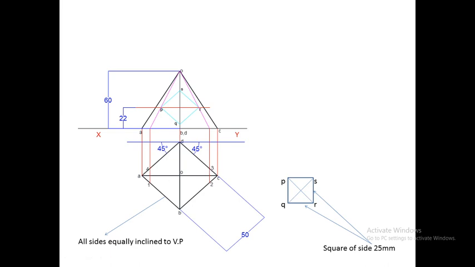After this step, now we have to project these points of intersection on the true length. As I have said earlier, the true length will be represented by the slant edges O2A and O2C. Now how to identify which slant edge will represent the true length? Now in the top view we can see that only two slant edges, that is O2A and O2C, are parallel to the XY line. So whichever slant edge is parallel to the XY line in the top view, that will represent the true length in the front view. So slant edges O2A and O2C represent the true length of the edge in the front view.